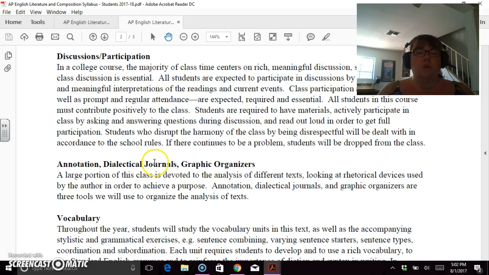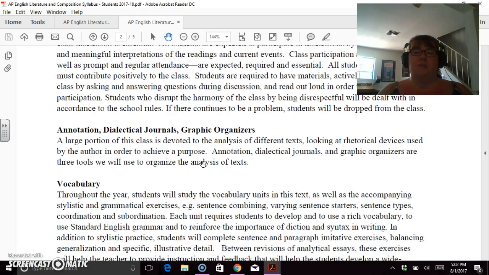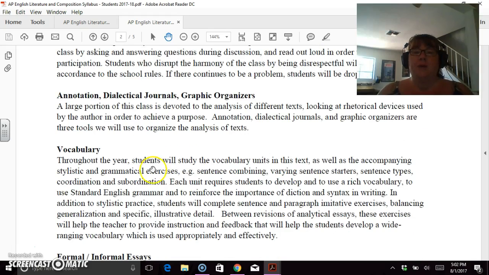We will have a lot of journal writing. We will have graphic organizers that we will go over and talk about with relation to the different styles of pieces of literature. Vocabulary will be just as important this year. You will actually have Friday quiz day again,